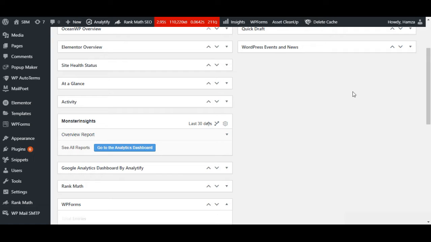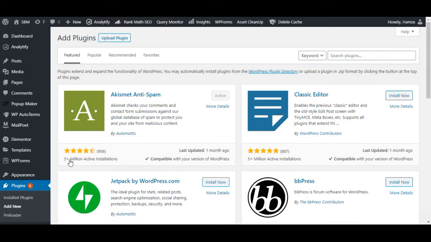So in the admin dashboard, you are going to navigate to plugins and click on add new. We are going to search for the All-in-One WP Security plugin. So you are going to search for it, install it and activate it. I already installed it. I'm using the exact plugin on my website, so there is no need for me to